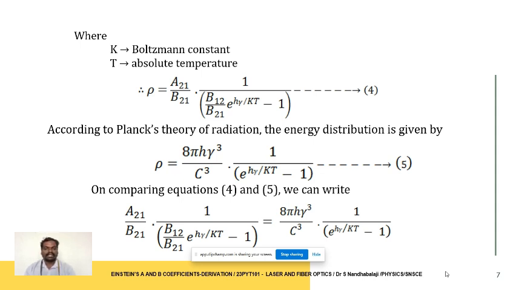According to Planck's theory of radiation, the energy distribution is given by rho equal to 8 pi h nu cube divided by c cube into 1 divided by e power h nu by kT minus 1. Comparing equations 4 and 5: A21 divided by B21 into 1 divided by B12 divided by B21 e power h nu by kT minus 1 is equal to 8 pi h nu cube divided by c cube into 1 divided by e power h nu by kT minus 1,